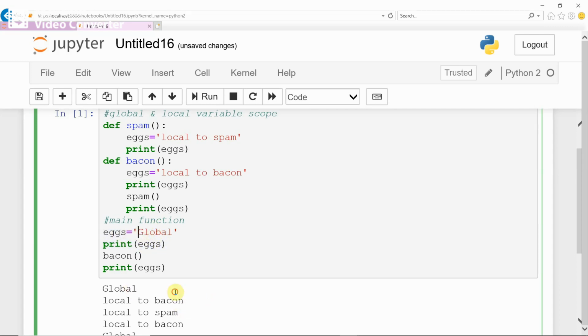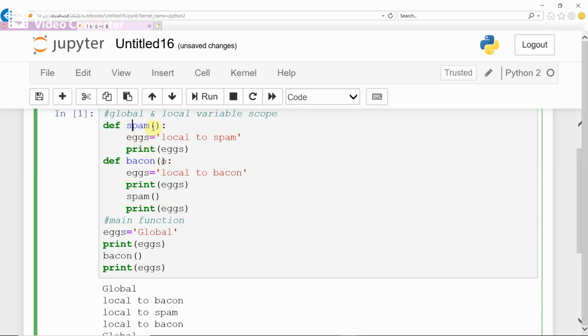Global is printed. Now you are calling the bacon function. In bacon there is an x which is local to bacon, correct? And then there is a print command. Print x prints the one local to bacon, and now you are going to call span.